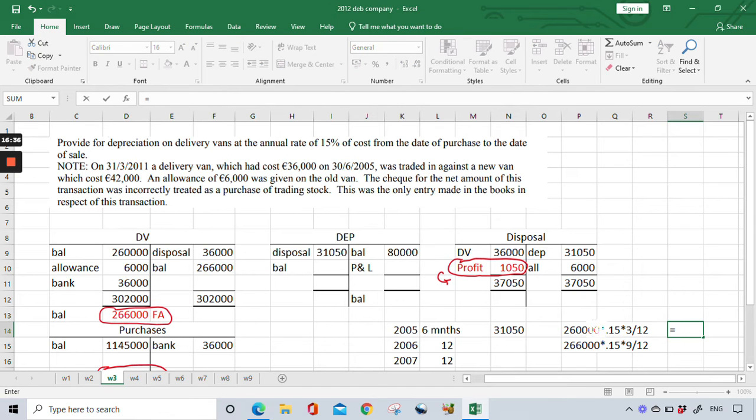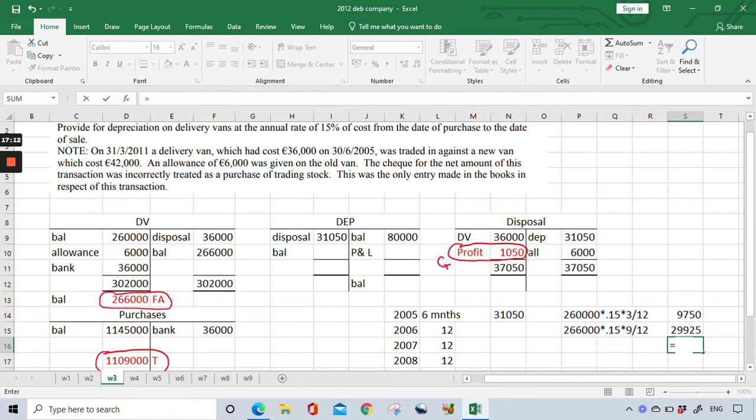So if I just do that calculation, I'll do it properly. So that will equal 260,000 multiplied by 0.15 multiplied by 3 over 12 gives me 9,750, and this one 266,000 multiplied by 15% multiplied by 9 over 12,